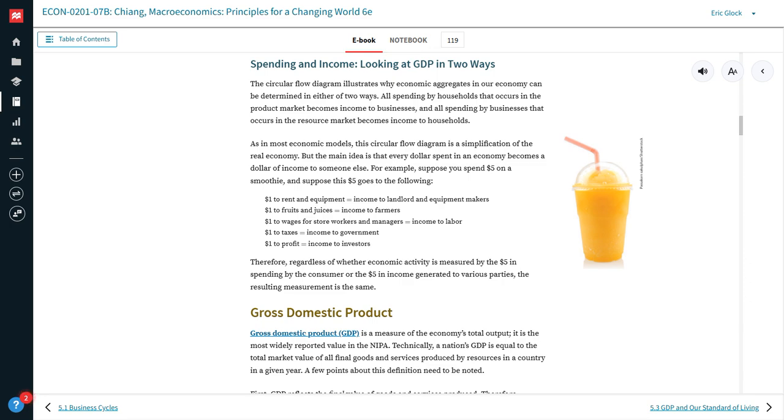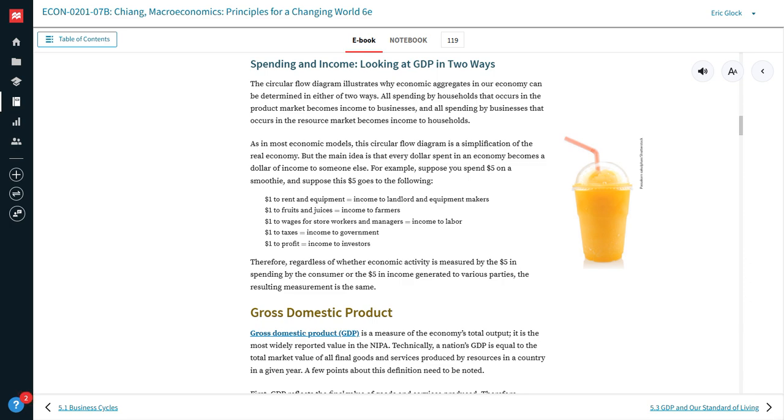My first teacher was a macro class. He did this exactly. Now this, mind blown for me. This really blew my mind. It's like, wow, so simple, but I never got that. So when I'm explaining what it's not, you may not have been confused by what it's not, but that had always confused me. Bottom line, suppose you spend $5 on a smoothie. And John Henry used a glass of milk to make this point, but